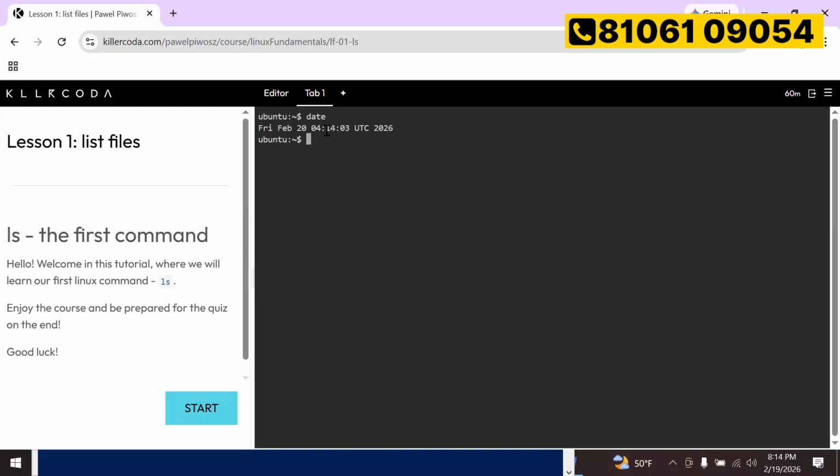Some of the common basic commands we'll try to learn today. Suppose you want to see all the files you have: ls. ls is a command to look at all the files in a particular directory. But which directory? We just learned we have a lot of directories.